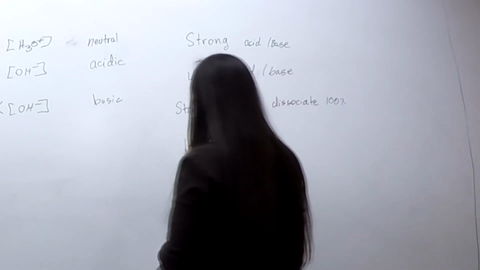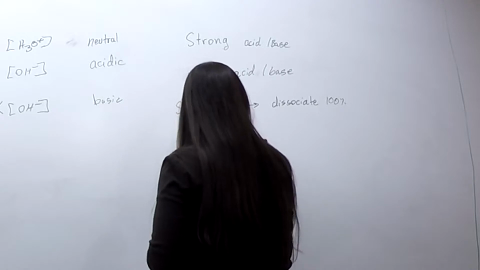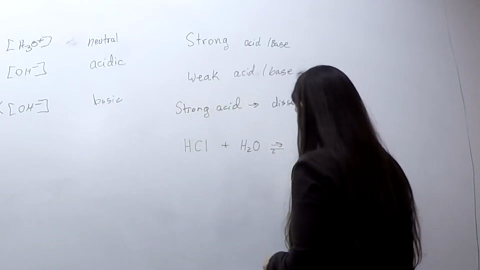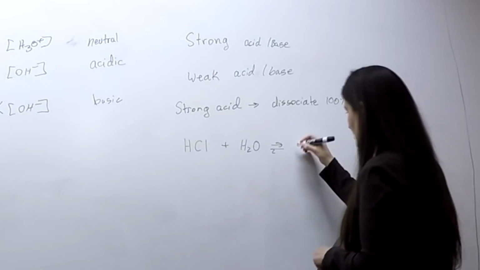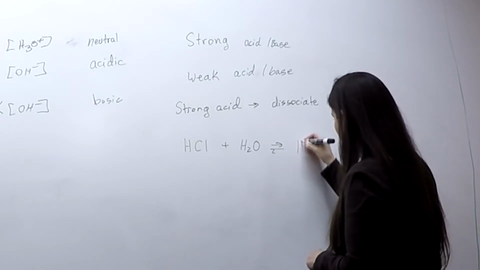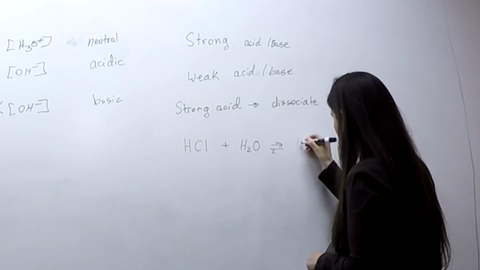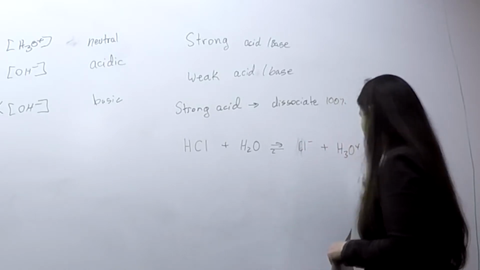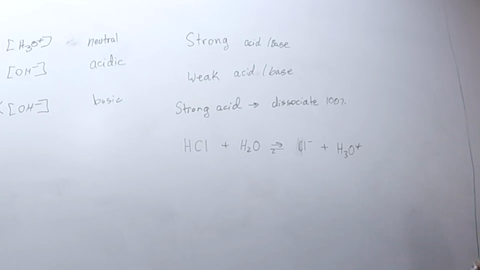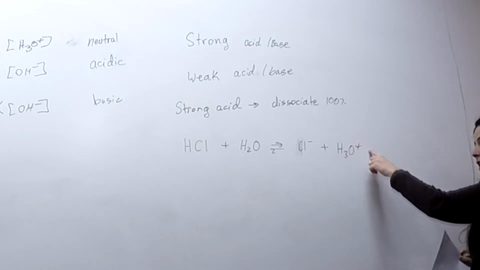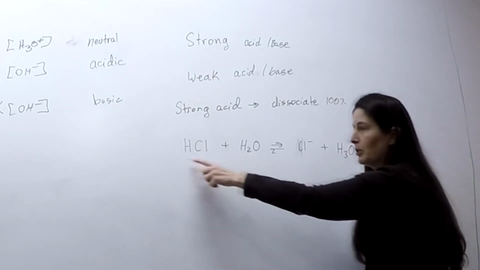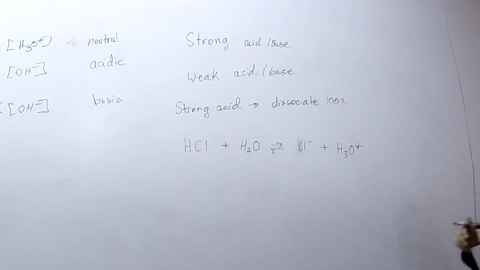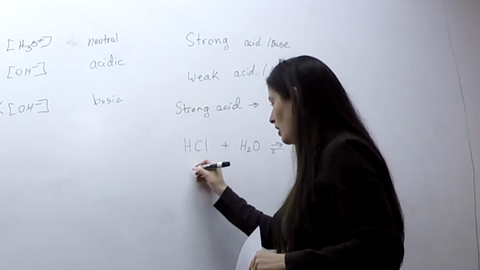So again, if we look at our HCl, it's an acid, so water is going to be part of this reaction. We are going to get Cl- and H3O out of this. Okay, so now you see where that concentration of H3O comes from, is the breakdown of this acid in the water. All right. This is considered a strong acid,